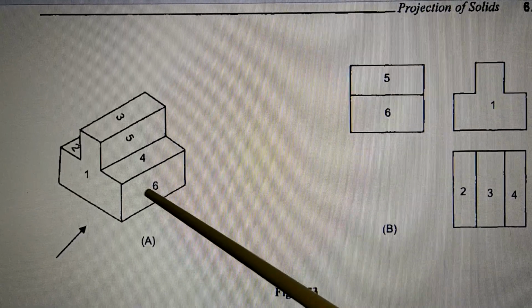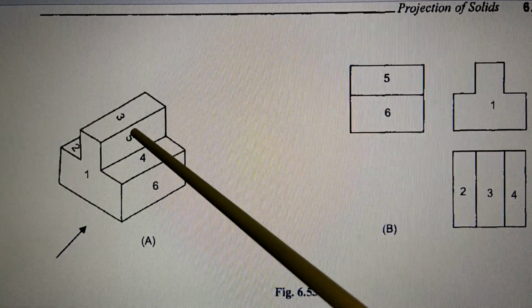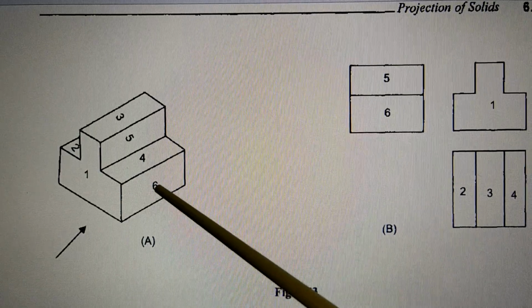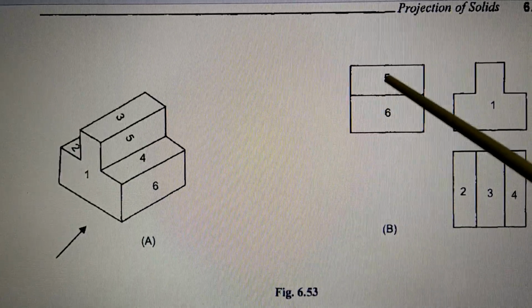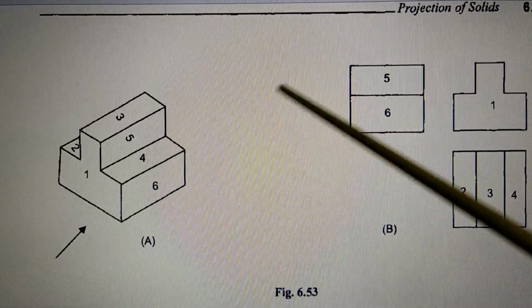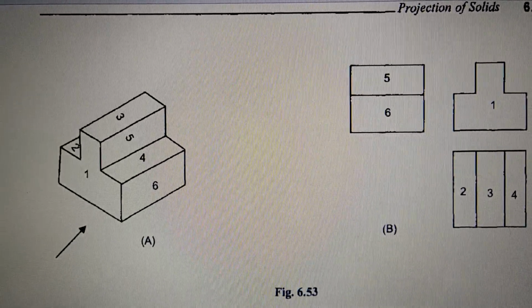So this side when you see, you will see 6, rectangle 6, above rectangle 6 there is rectangle 5. 4 and 3 they are not seen, they are seen only as lines. So 6 and then 5, 6 and then 5, this is 3, this line is 3. This is 4, this line is 4. So this becomes your object in 3 views.